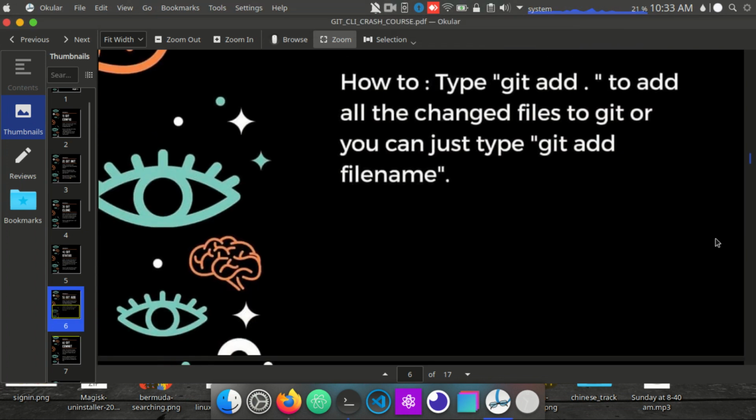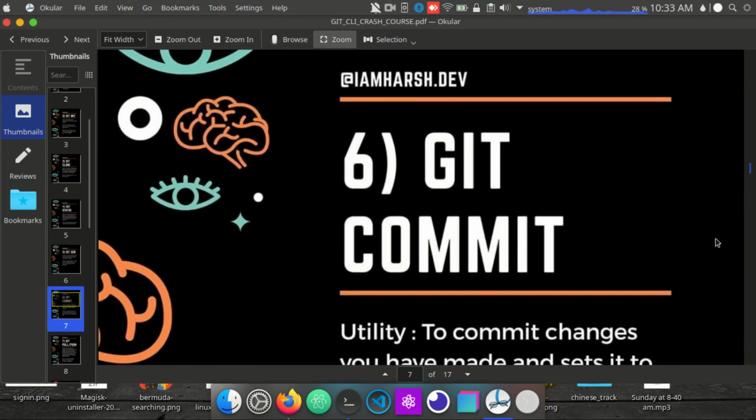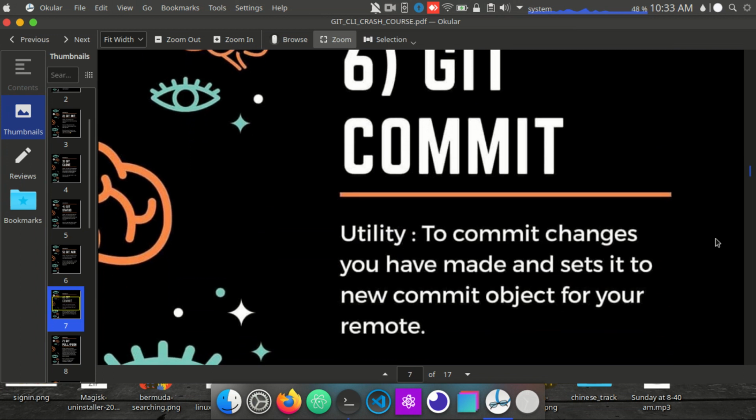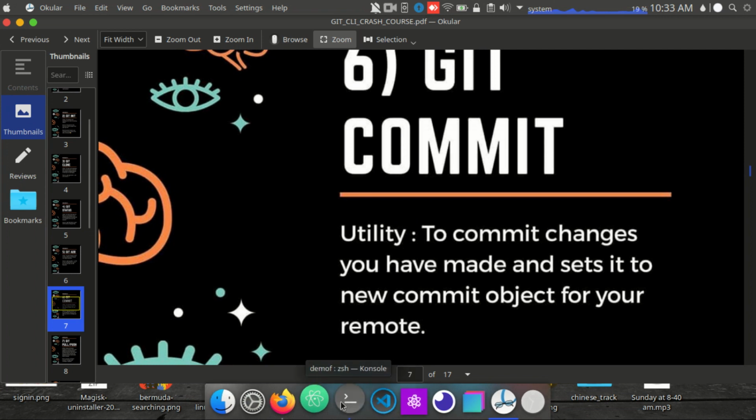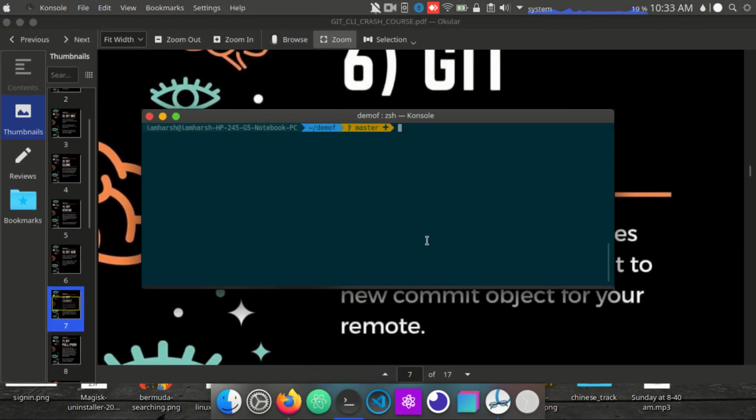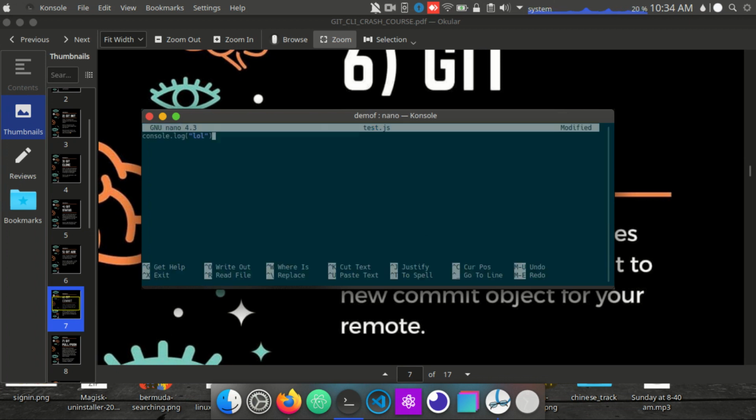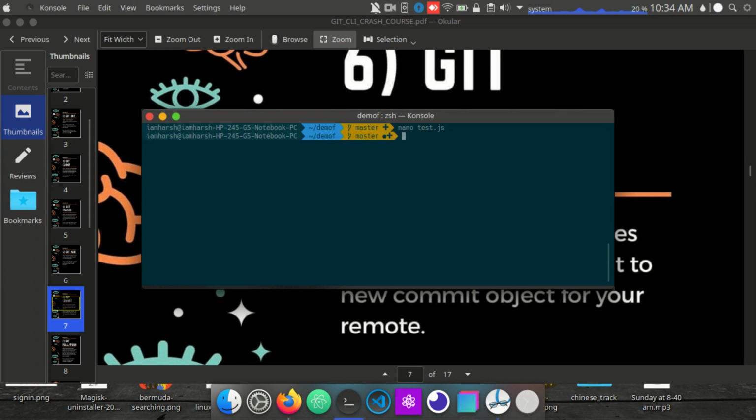If you want to commit this file to the repository, what does commit really mean? Commit means that you are telling git to take a snapshot of that file at a particular time: what the state of the file is at that time, and what things are inside it. To make a commit of our current file, we'll type git, wait, let me add some text to the file.